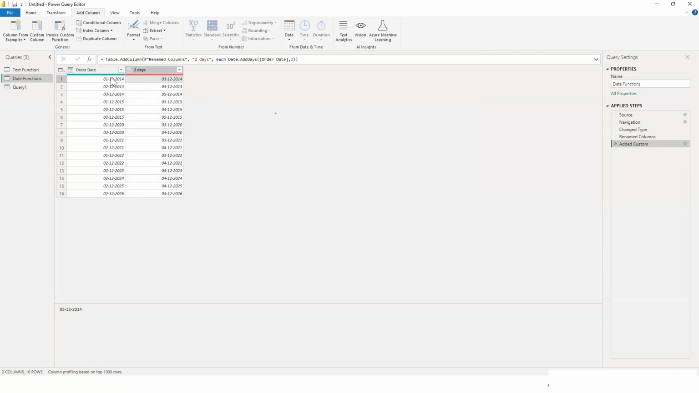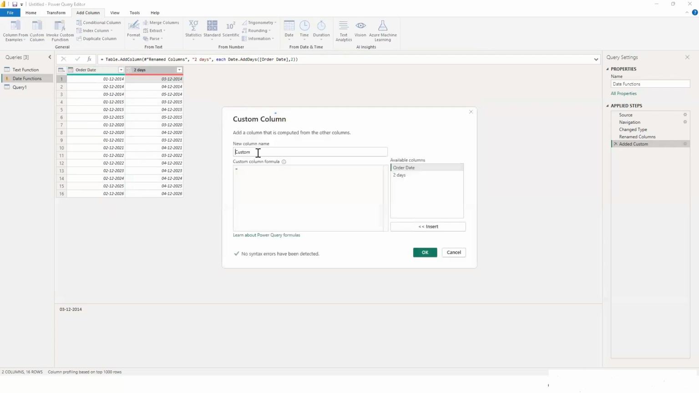Let's say if you want to add some months over here. So what would we do? Again, we would be going in the custom column option. I'll say 1 year added. Over here, I'll write the function of Date.AddYear